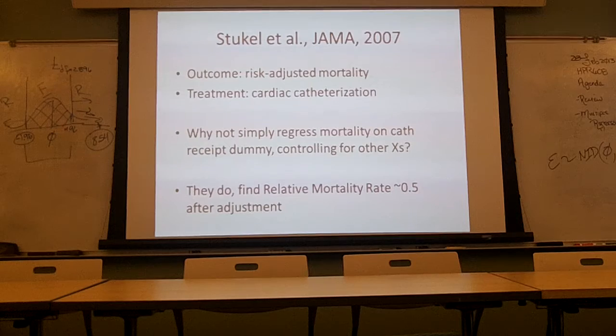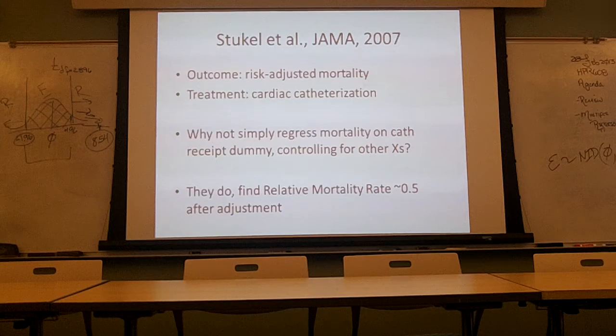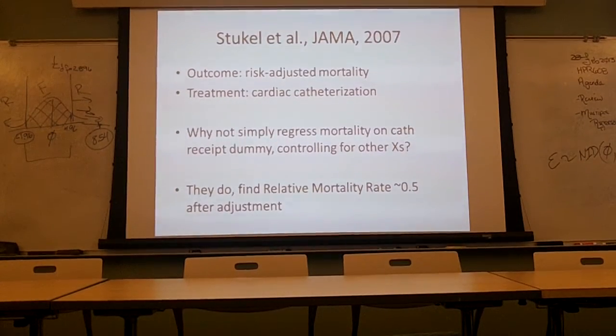The data, so some reasons why the results might have changed. Well, McClellan and company did it in 1994. Stuckel used the same kind of data, Medicare fee-for-service claims, but on a population 10 years later in time. So maybe the actual causal effect of cath on mortality post-MI had changed, but that really wasn't what the story was about. I think it was more, how does IV line up with these other methods for trying to go after causality. So why not simply regress mortality on whether or not you got cath,